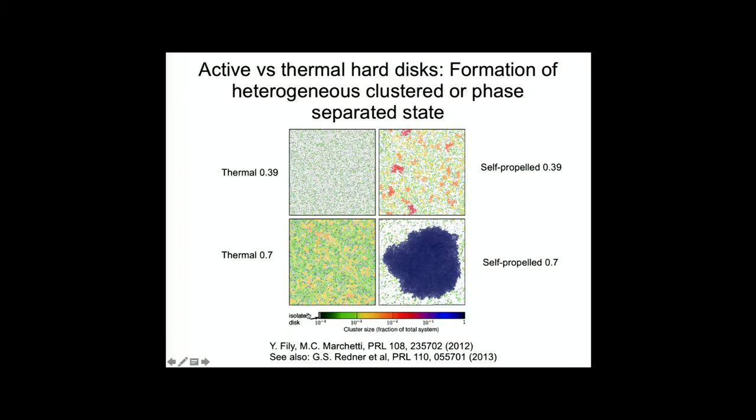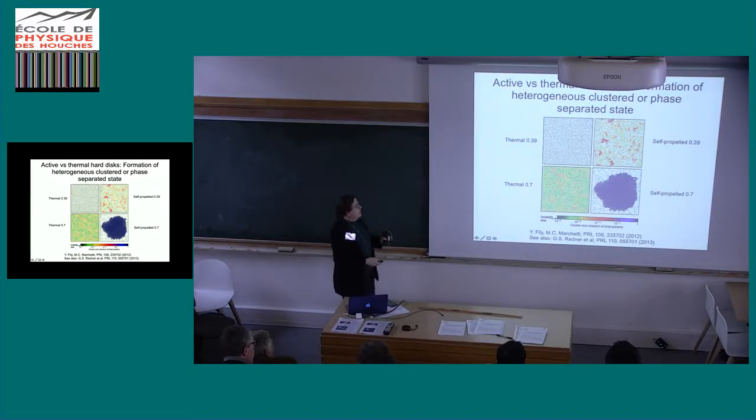Now, why is this artificial active matter interesting? Well, if you look at a thermal assembly of particles, it'll just be a gas as long as you're at low enough density, and if you raise the density, you still have a gas as long as you're below 0.9 here. If you have these active particles at the same density, you can already see they're kind of a little bit clumpy. But if you raise the density high enough, there's a transition to where the active particles actually undergo phase segregation. There's a giant cluster where they're all crammed together, surrounded by a less dense active gas.